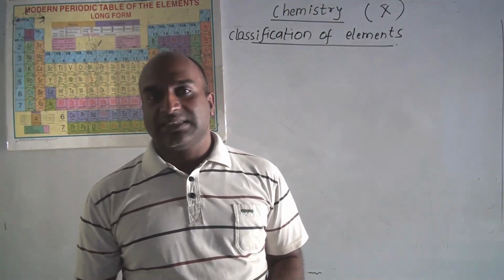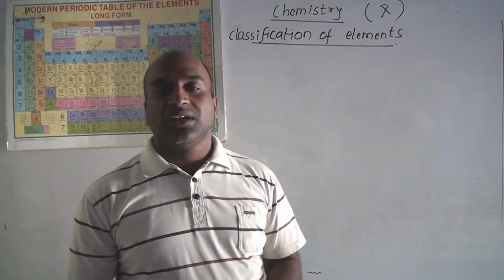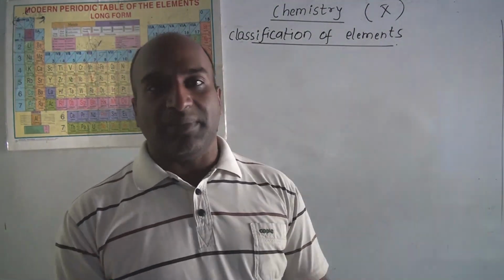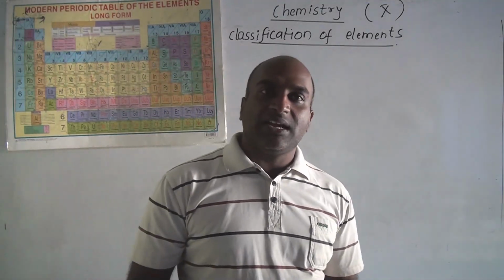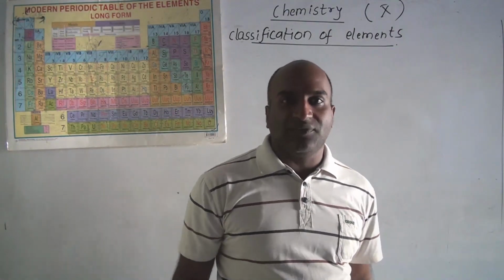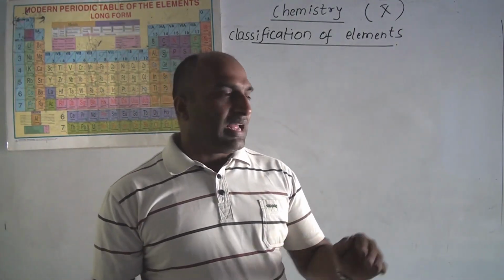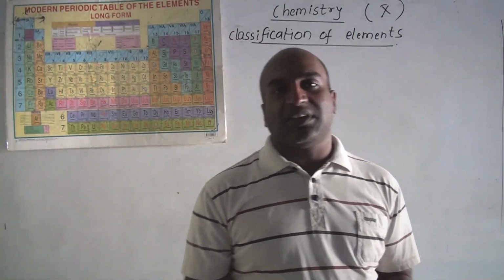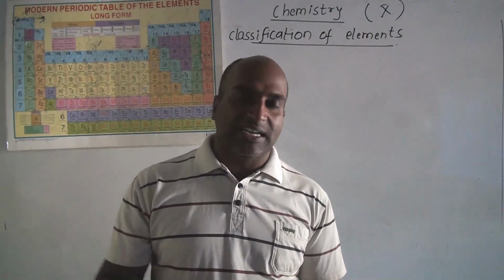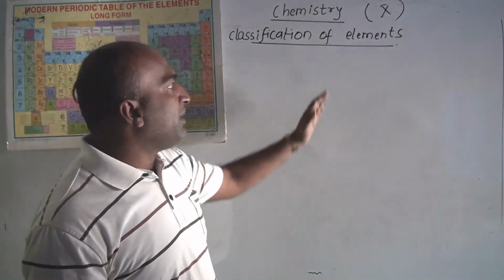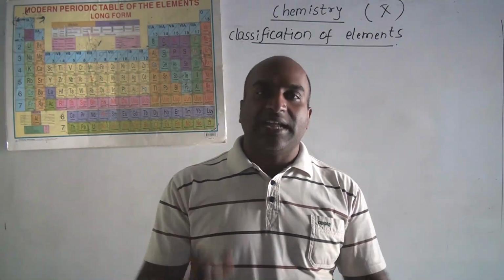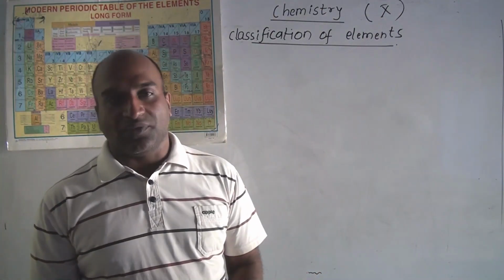In the previous classes, in class 8 also, you might have studied about various types of elements. As you know, there are a large number of elements. Some of them are metals, some are non-metals, and some are metalloids. So their properties are also quite different. Metals have the tendency of losing electrons, non-metals have the tendency of gaining electrons. Likewise, some elements exist in solid state, some in liquid state, and some in gaseous state. So we can say that there are different categories of elements and their properties are also different.